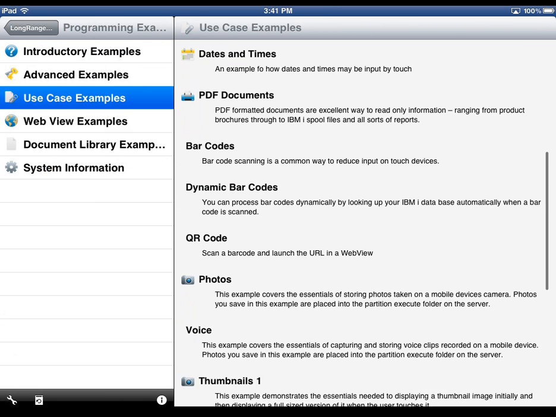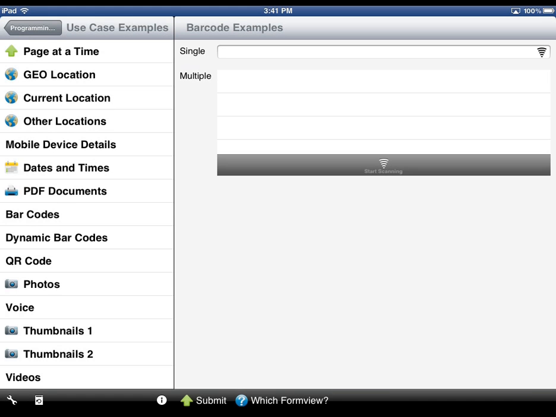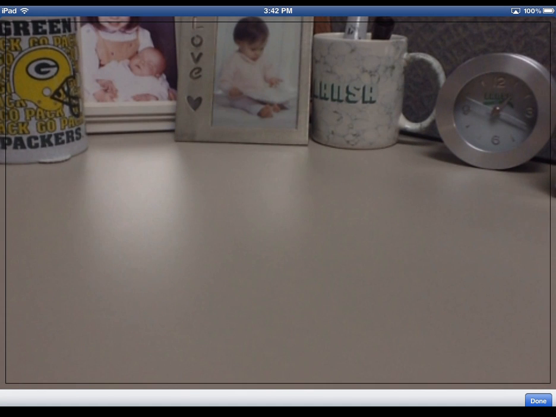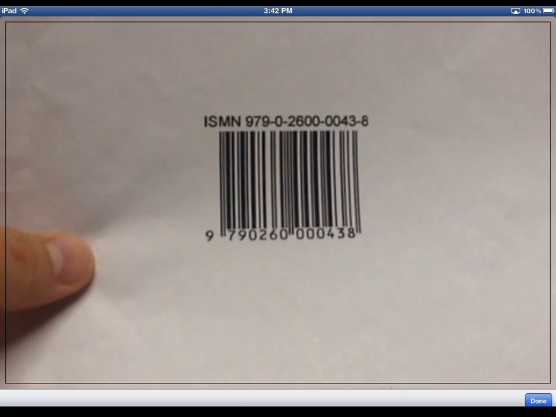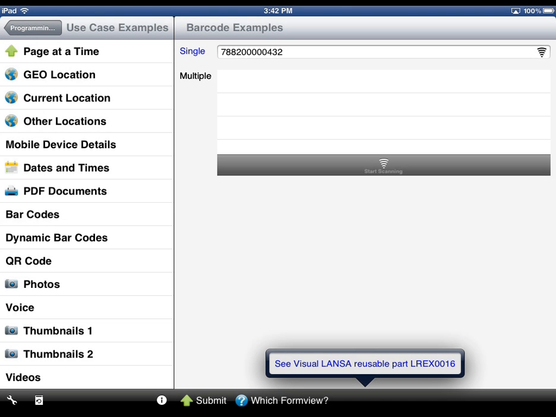Let's say that you need to add barcode scanning to your native app. There's an example on how to do that for single and multi-scans. Let me quickly scan this item. Now, we were able to scan that barcode without any iPad expertise or knowledge of barcode scanning. If you want to see the RDMLX code behind this app to see how it works, just click on the Form View button below. In this case, it tells us to look at the reusable part named